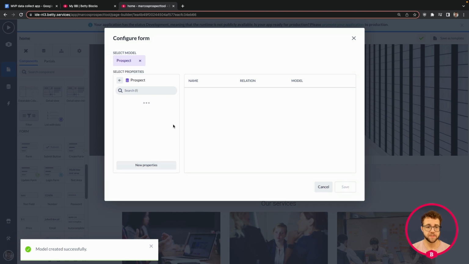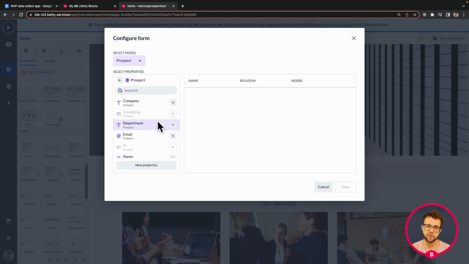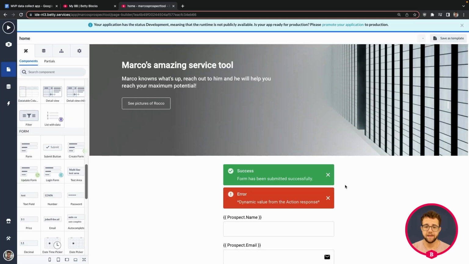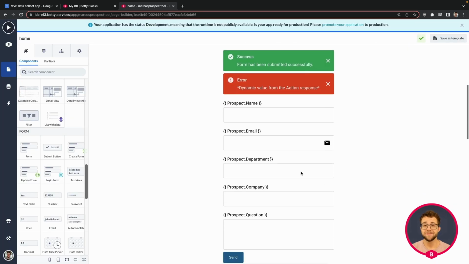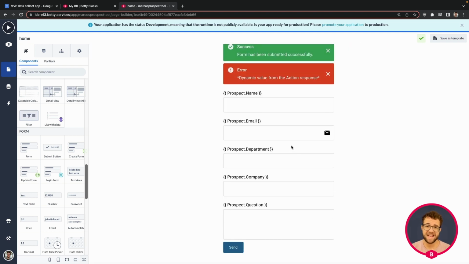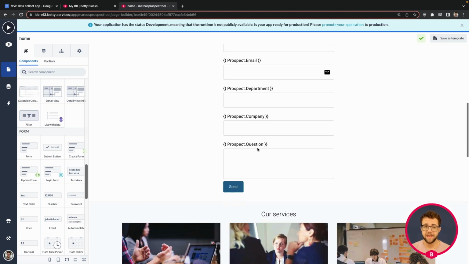Okay, well, we're going to select this prospect model, and now we're going to configure this form. So the first thing we ask them is their name, then an email, the department, the company, and the question. So press save, and bam. Within a couple of seconds, a form that will ask all of these questions is configured and will work within